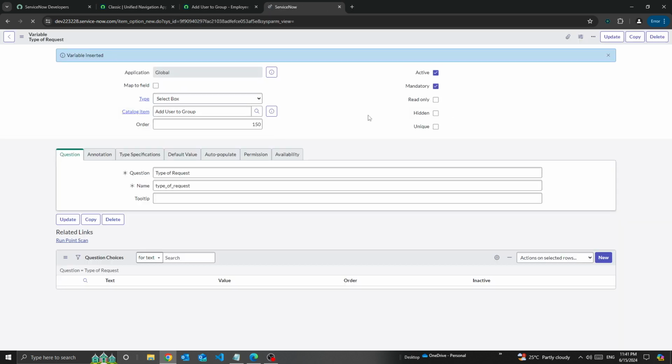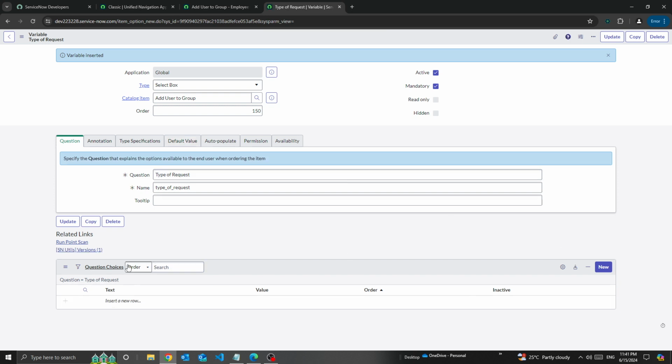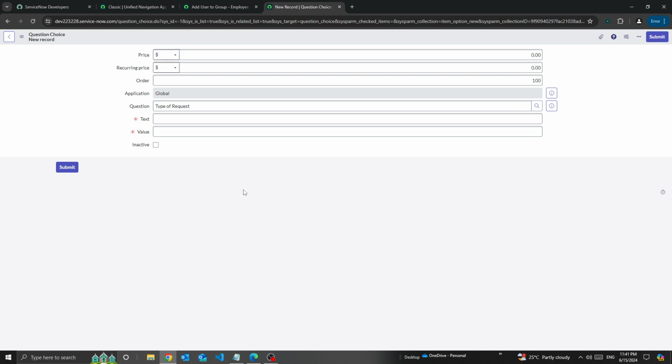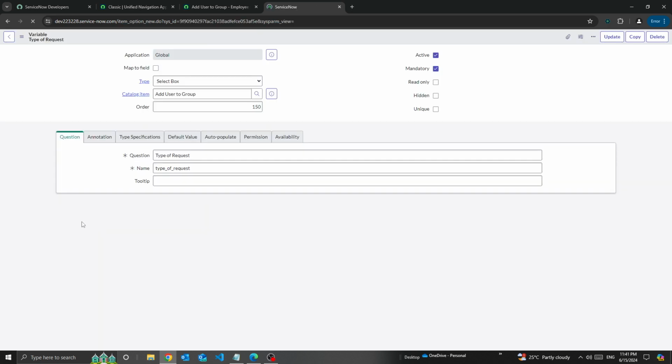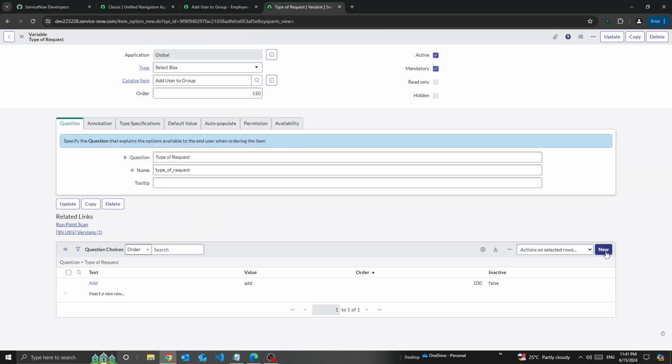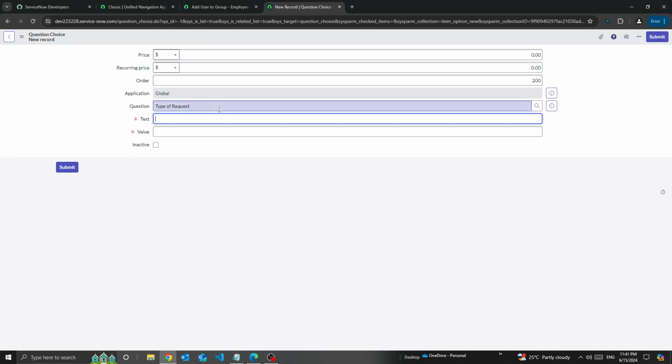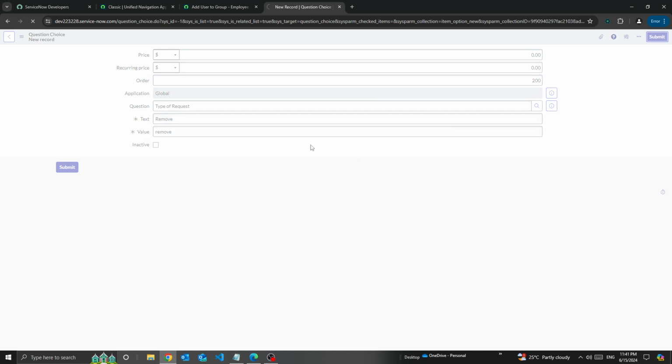And then, there we go. Now we have question choices at the bottom. So we can go ahead and click new. Our first question choice will be add. We're going to go ahead and add a value, add as well. And then we're going to also add remove. So this will be the new field where a user can select add or remove for a group on the form. And while that is loading,